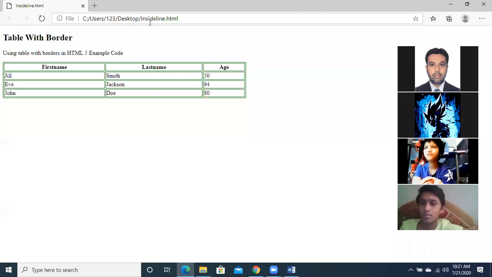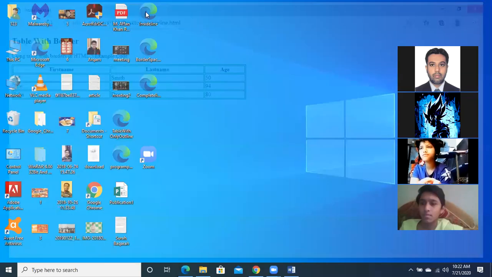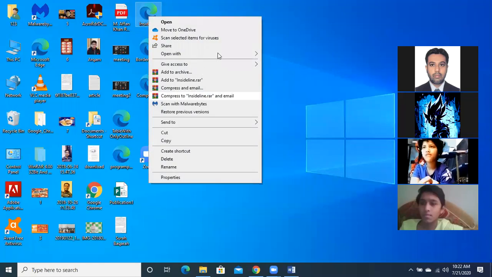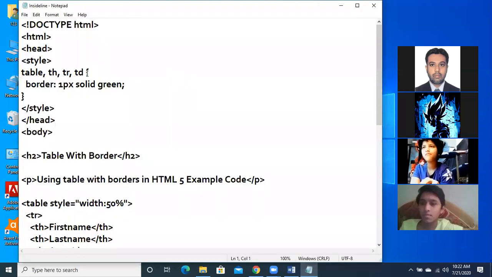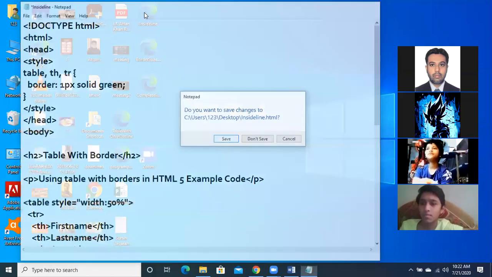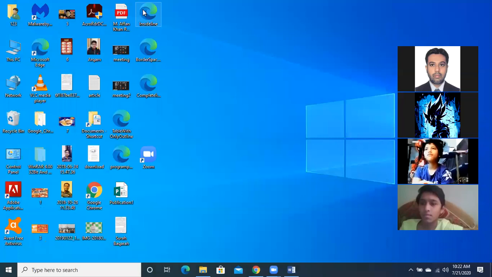If we just make one change over here, if I don't mention table data, now see the output. We have mentioned table header and table row, on which we are applying.